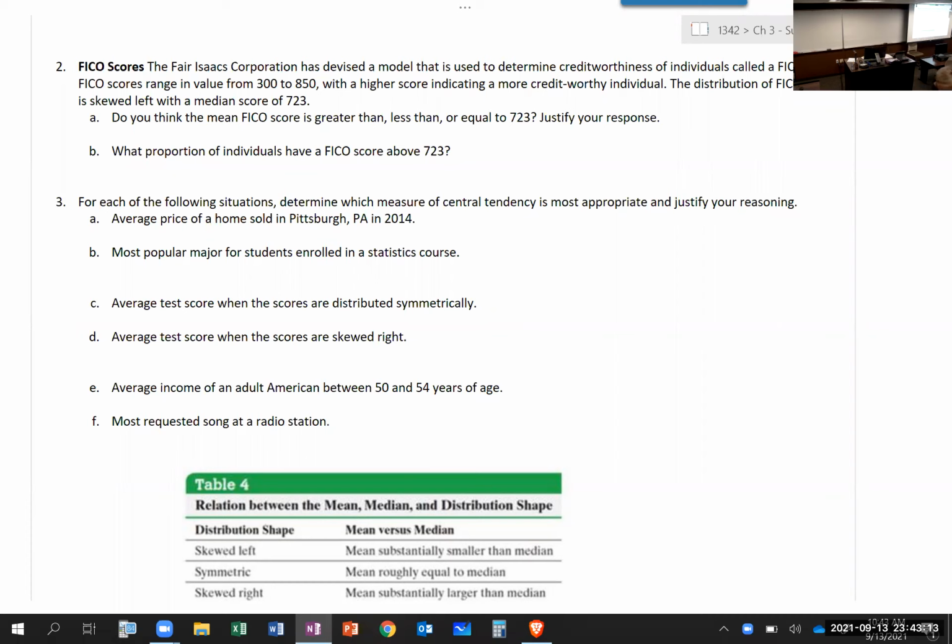All right, average income of an adult between 50 and 54. Why do you think median? Again, get away from those extremes. If you're talking about somebody who's 50 or 54, you have all sorts of different income levels that you could have for someone of that age. And then most requested song on a radio station, as it said most, right? Okay, all right, so that is the measure of central tendency. And when we are